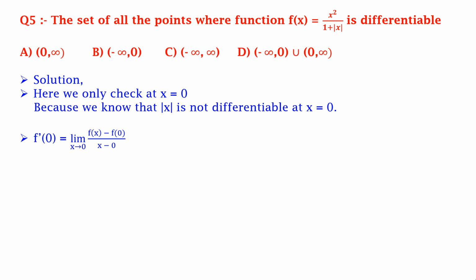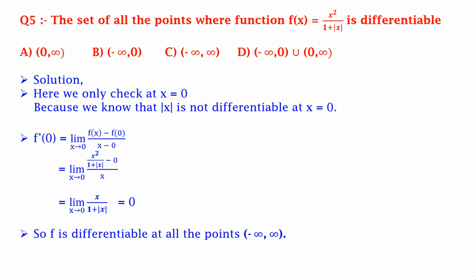f dash 0 is equal to limit x tends to 0 f x minus f 0 upon x minus 0, which is equal to limit x tends to 0 of x square upon 1 plus mod x minus 0 upon x, which is equal to limit x tends to 0 x upon 1 plus mod x, which is equal to 0. So f is differentiable at all the points from minus infinity to infinity. So the correct answer